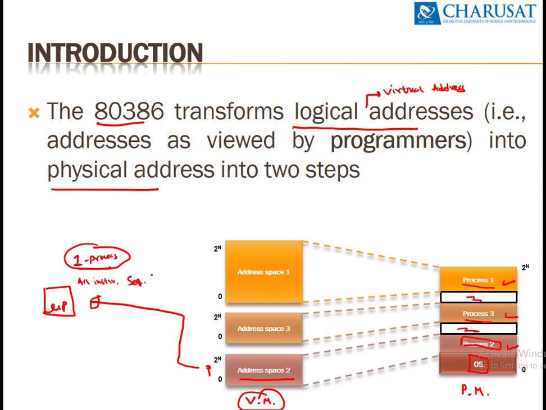The reason for 0 to 2 raised to n is that if any process is larger than the available free space and you want to execute it, that is permitted. That's why it is stored from 0 to 2 raised to n, meaning the whole process is allocated, or it occupies the whole memory. So how can we carry this out? Each and every process will have a base address. Let's say base address 100 for process 2, 150 for process 3, and 250 for process 1.